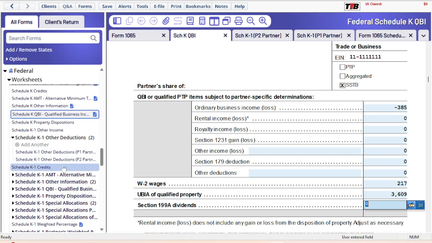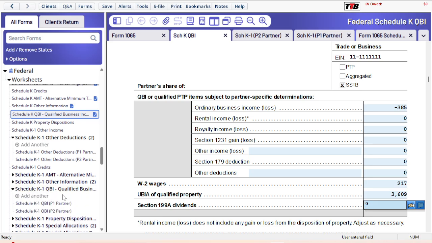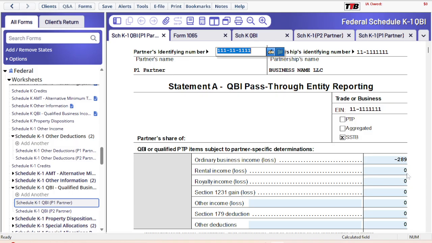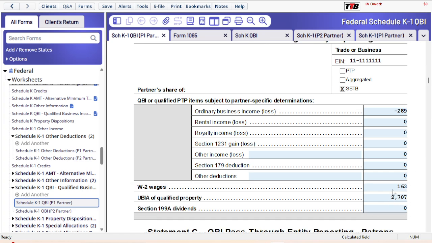So we can look for QBI, Schedule K1, for part one, for partner one. You see, based on 75% ownership, everything got divided accordingly. 75%,